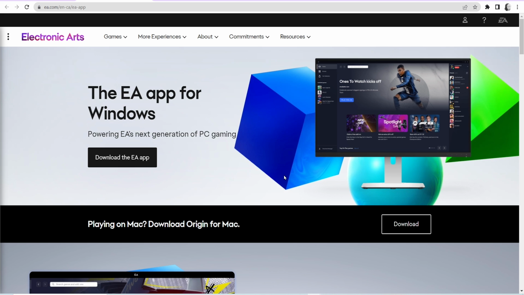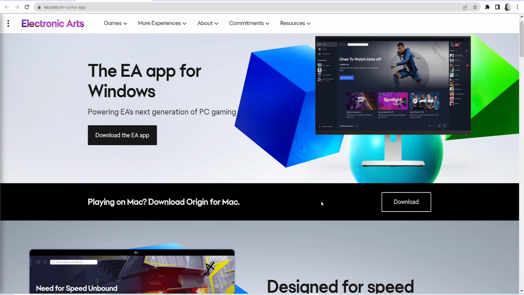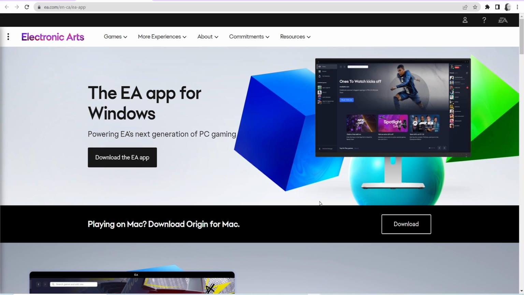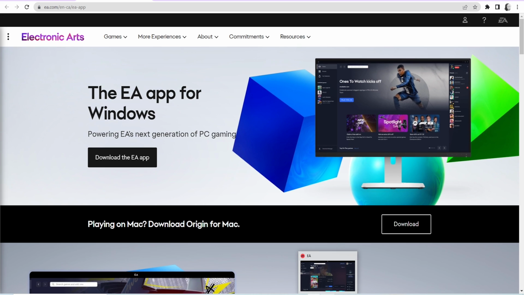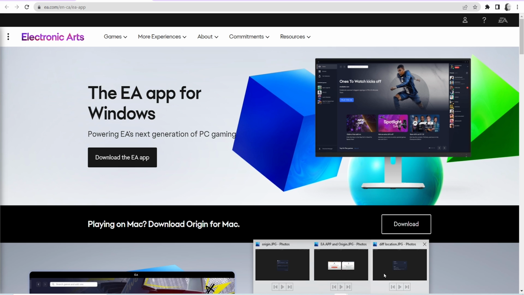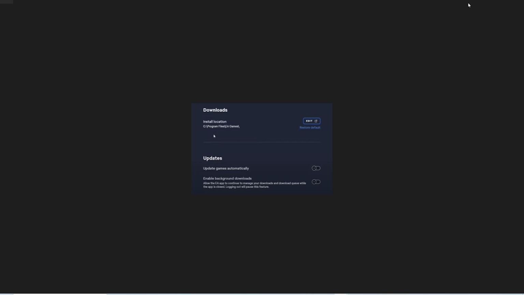So I just wanted to let you all know that when I transferred over to the EA app, I was able to log in and it immediately transferred my information over to the EA app. I did notice some changes, some things that I was confused about, and I did take some screenshots of it. For example,